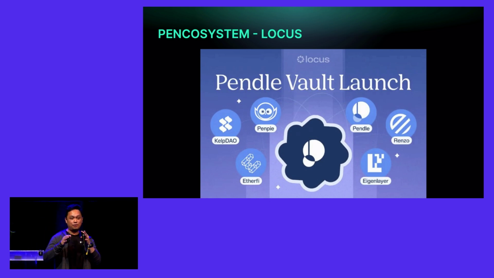Locus is a vault, or like an asset management platform. And one of the baskets that they support is Pendle assets specifically. So it could be a basket that's holding many different kinds of PTs, whether they be LRTs or USD or USD denominated assets. It could also be LP positions. So in this single vault, you can have exposure to basically a basket of diversified Pendle positions.